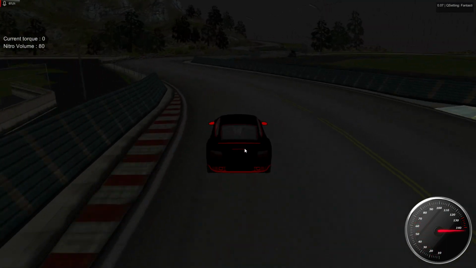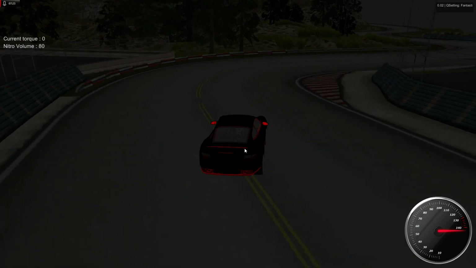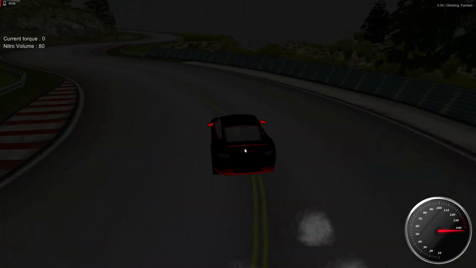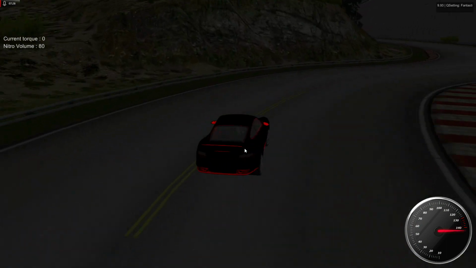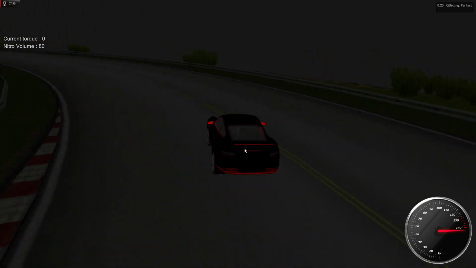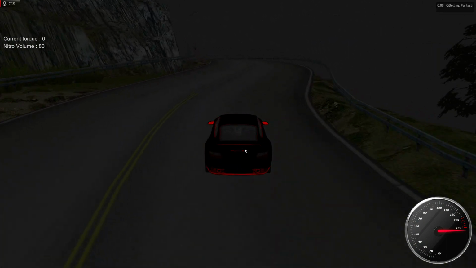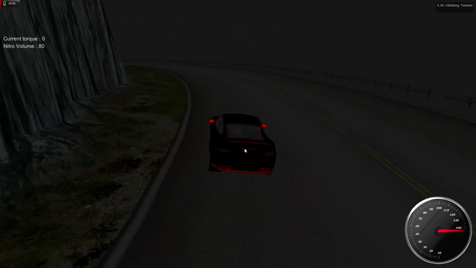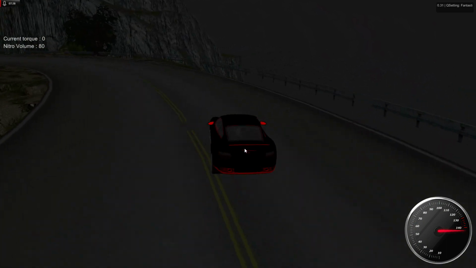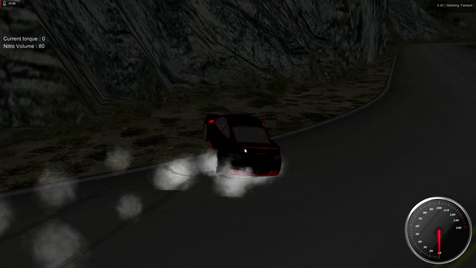Other than that, this is literally just the Unity driving demo, which, can I say, they did so much better on this. They put so much more time into this than they did on the newer one. The newer one is garbage because the cars oversteer way too much when you're going up to speed.